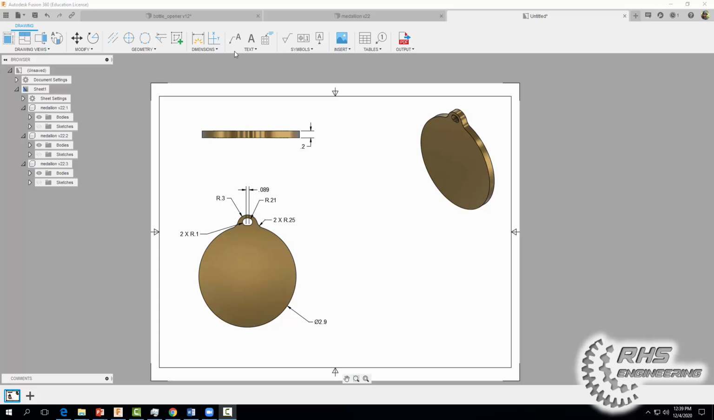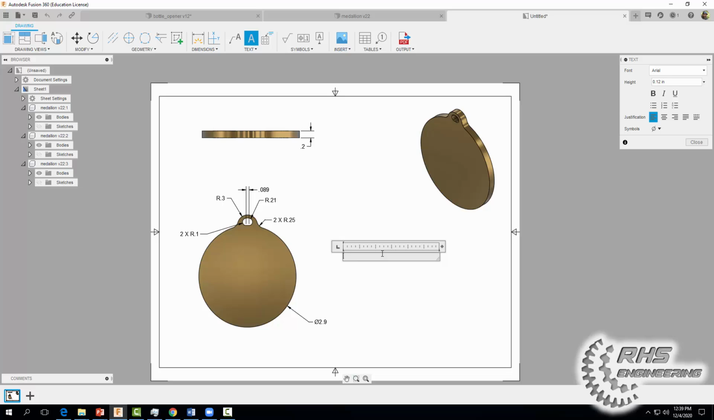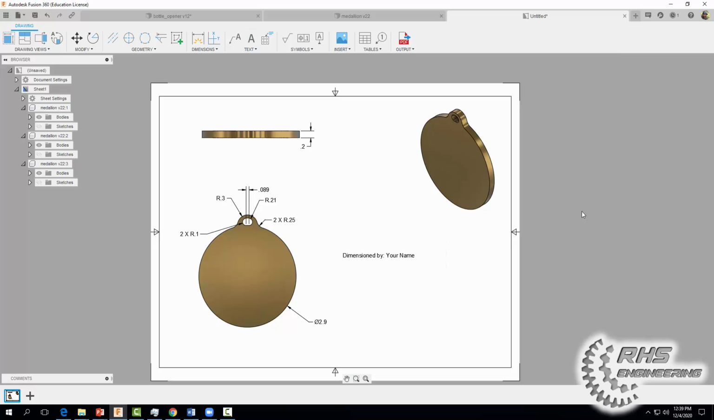All right, and finally, just come up here, make a text box, and just say "dimensioned by," and type in your name, please, and then hit enter. Okay, or close. Okay, just so I see your name on there, and maybe make the font a little bit bigger. But that's it. You're done dimensioning your medallion. Pretty easy. Just make sure you save it when you're done